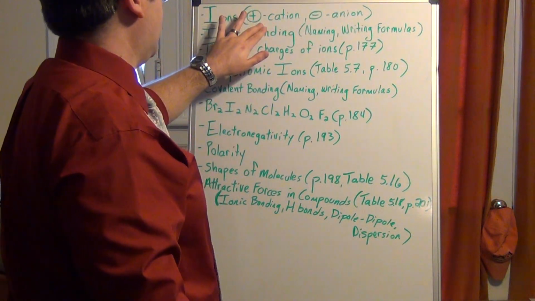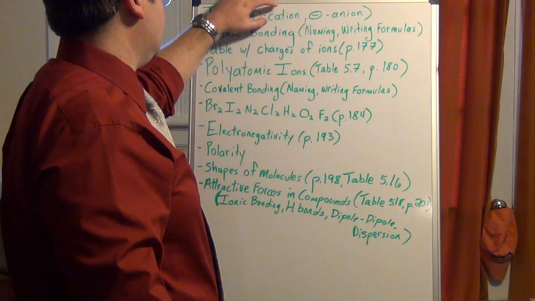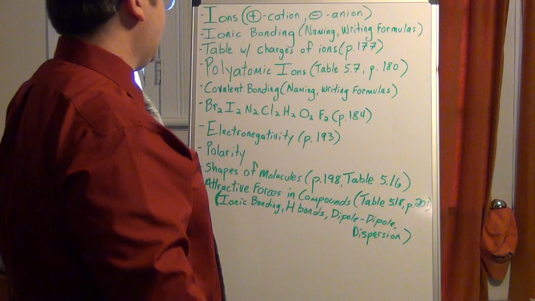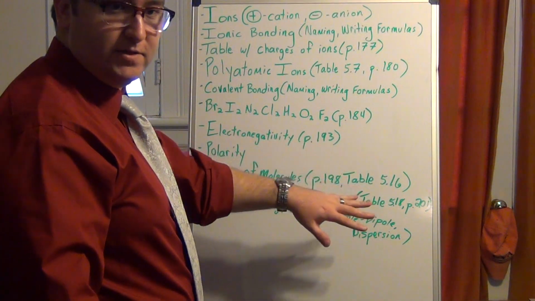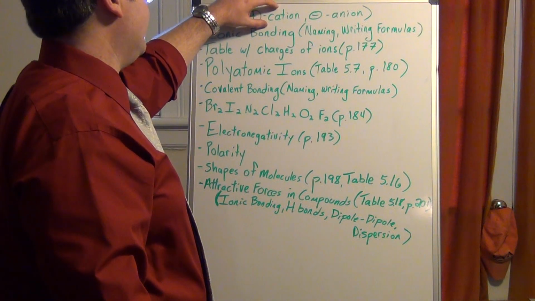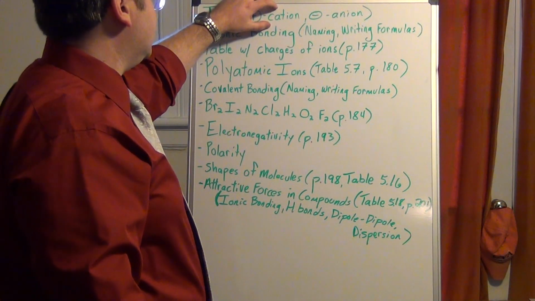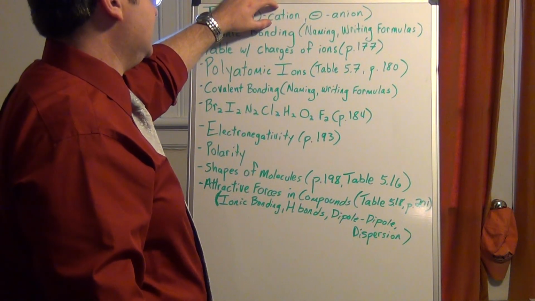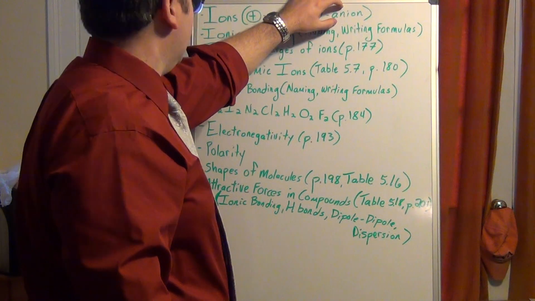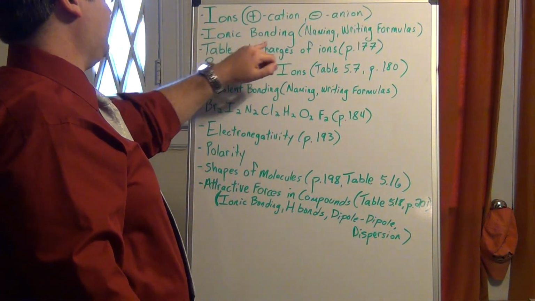Remember, your positive type ions are called your cations, and your negative are your anions. The cations are metals, and your anions are nonmetals. These are usually on the periodic table on your left side. Also within the transition elements, some of those will have more than one positive charge, and some will have one positive charge, and those are all cations as well. Again, the anions are going to be your nonmetal portion,